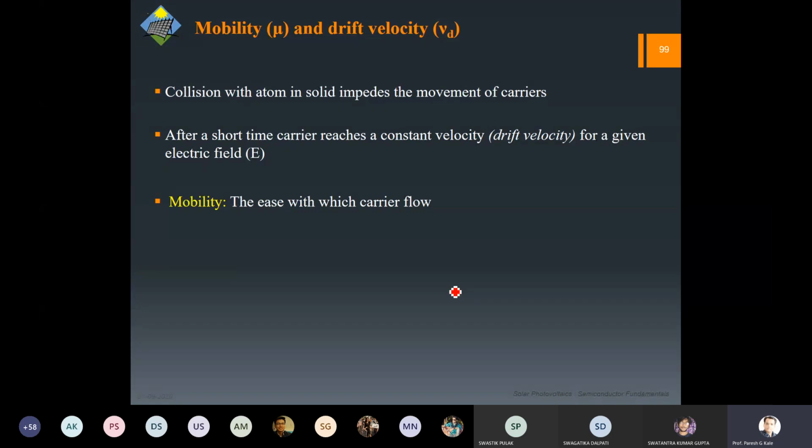So whenever one tries to move, the presence of other atoms in the solid is going to create problems. Otherwise, to visualize it, you think that you want to move fast in a crowded station. Obviously, every person is moving with his own velocity, and it is going to create a problem. So you have to ask them to move away and make a way for you. Same thing over here. But if there is no crowd and you have to run, there is absolutely no resistance, so your mobility would be much higher in this particular case.